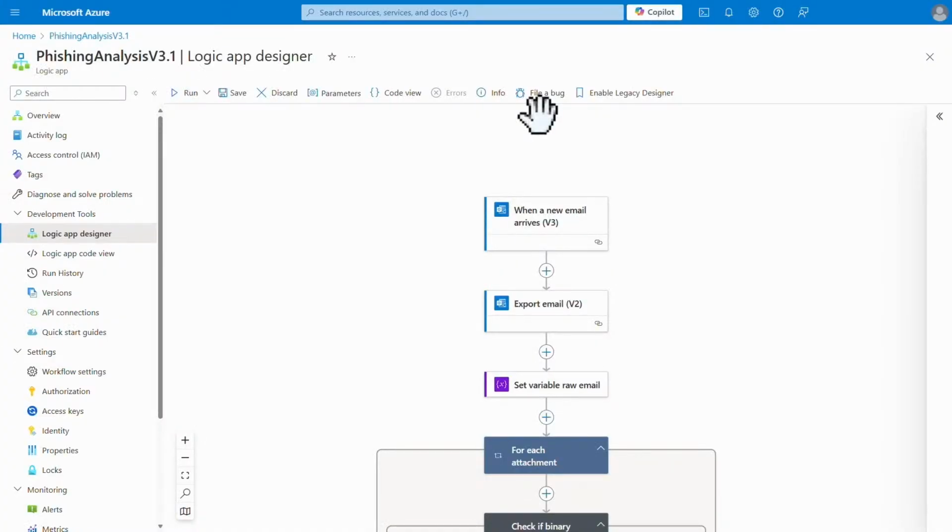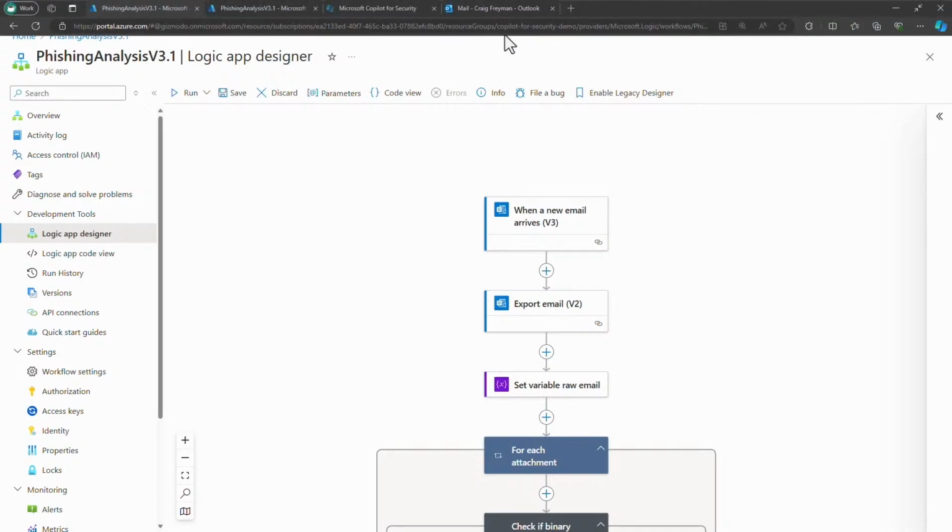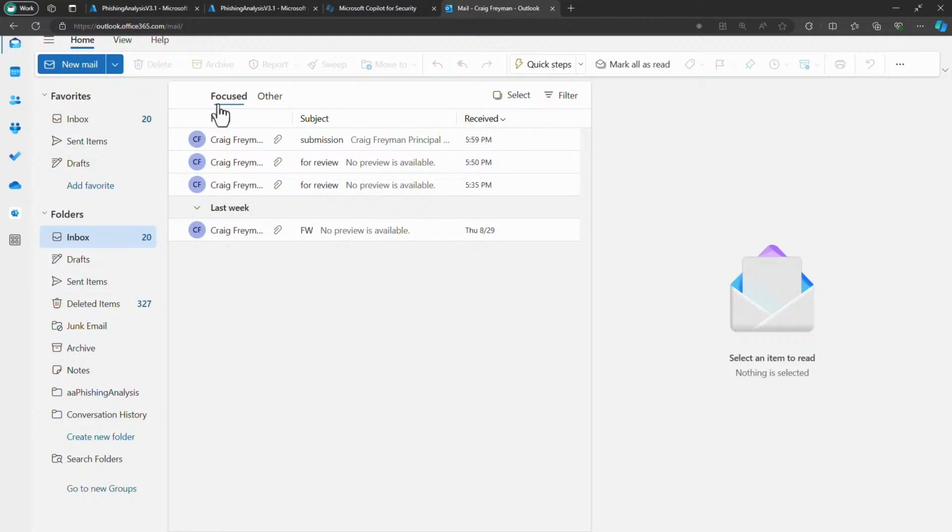Yes. So what is the next demo that you show us here? All right, so this is the main event. This is the solution that Yaniv and I have been working on. I'm going to first walk you through the architecture of it, kind of how it works at a high level. So this will analyze user-submitted spear phishing emails. We monitor a shared inbox. So here's my shared inbox.